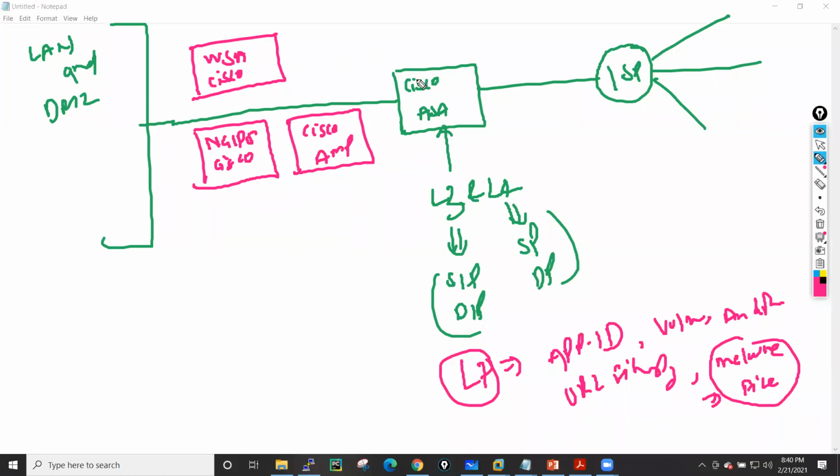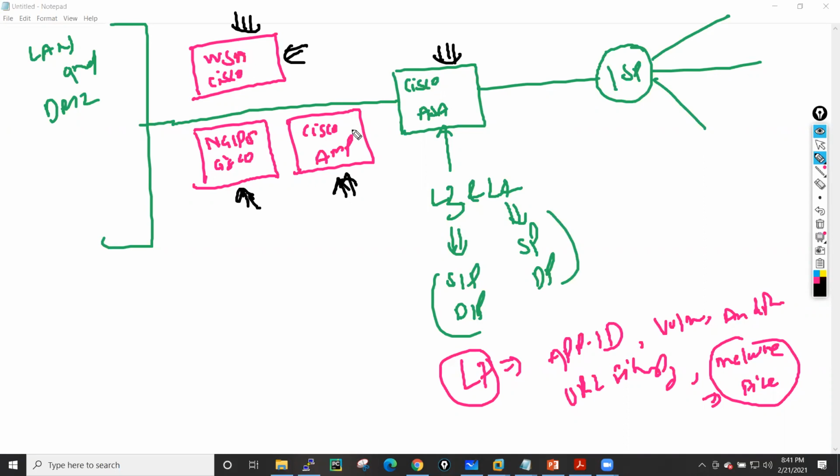Now the thing is, what happens whenever we put these dedicated devices in place? The problem is that this firewall handles the traffic, so it will take some time to process the packet. Whenever this packet reaches your WSA, it also takes its own time for processing.